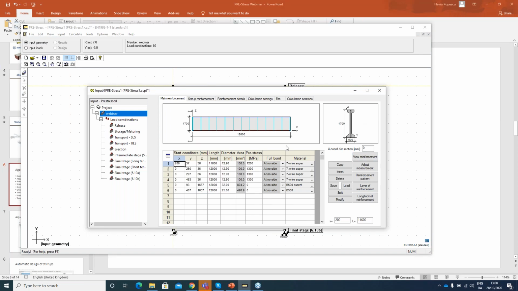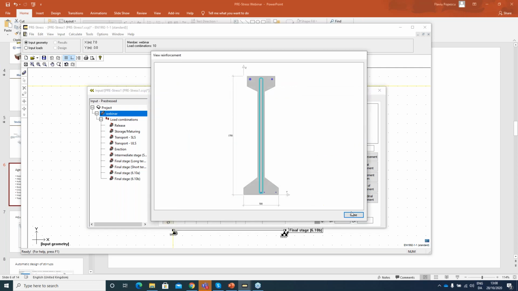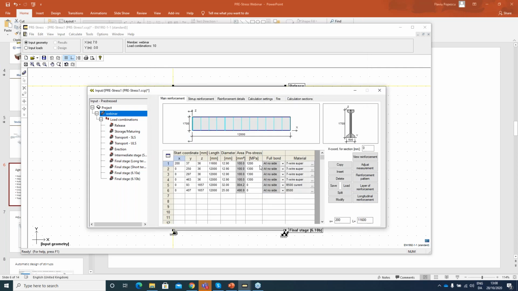As you can see, the reinforcement is defined as in this table. You can see the pre-stressing strands, and you can see that there's a default pre-stressing force. You can also simulate non-adherence at the ends of the beams. So you can actually define them according to the x-coordinate into a distance